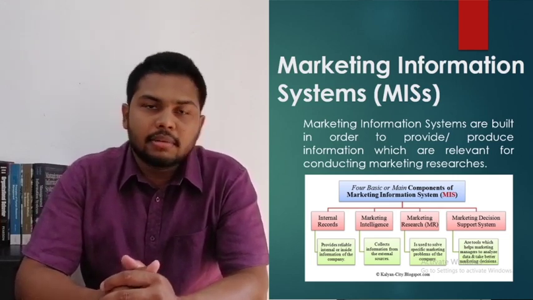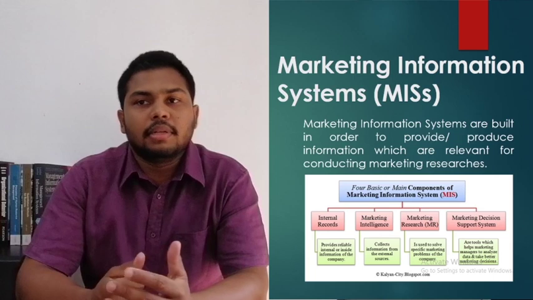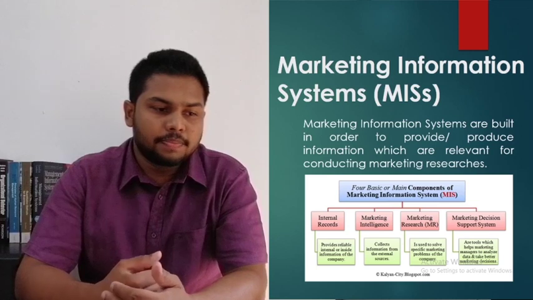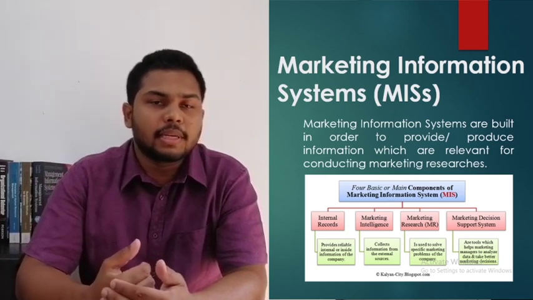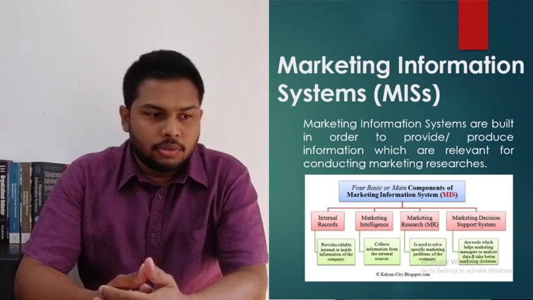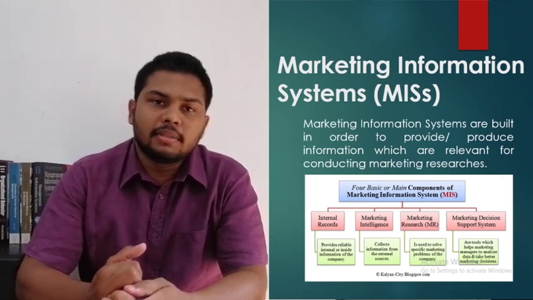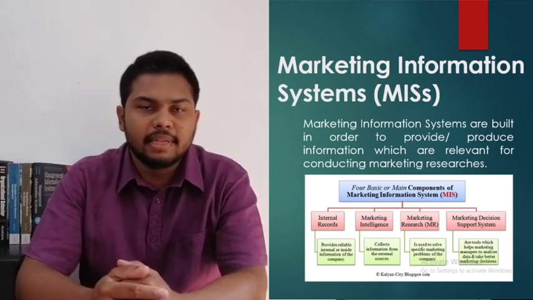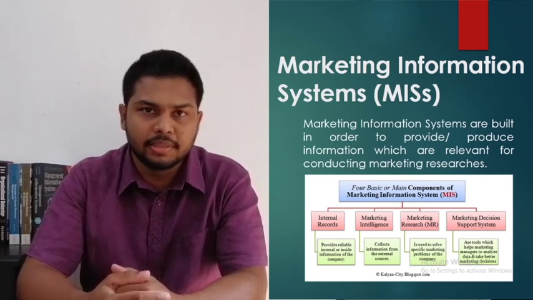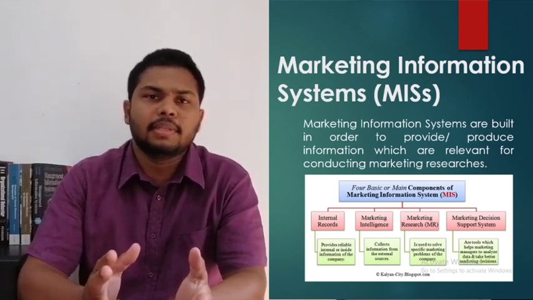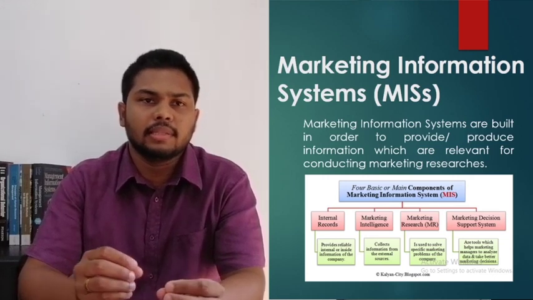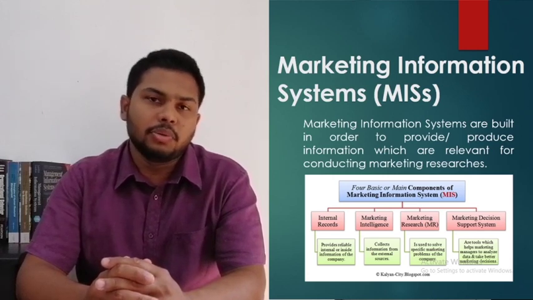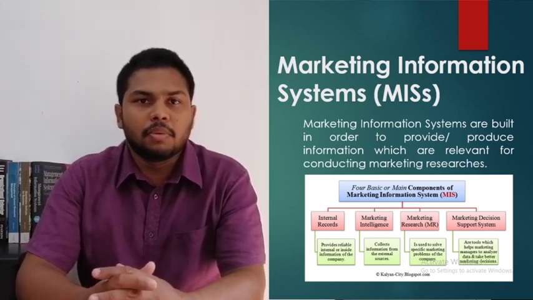So the first one is internal records, right? Whether it is primary or secondary data, some of the internal records are the inside information of the company. Marketing intelligence is all about collecting information from external data. Let's say you are collecting some information from your consumers. There are syndicated marketing research firms located in different areas, and you can ask one of the syndicated firms, or even a marketing research firm, to do the marketing research on your behalf.